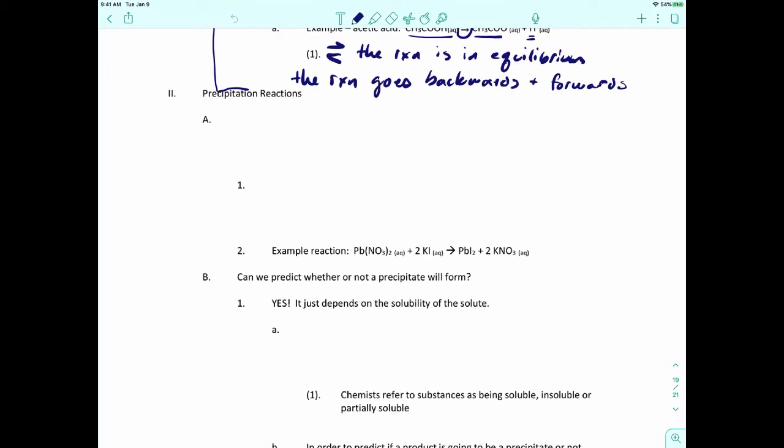Aqueous solutions undergo three major types of reactions, and we're going to study those reactions in this chapter. The first one we're going to take a look at is called a precipitation reaction. In a precipitation reaction, you mix two solutions together and form an insoluble product or precipitate. So let's get that definition down. Precipitation reactions